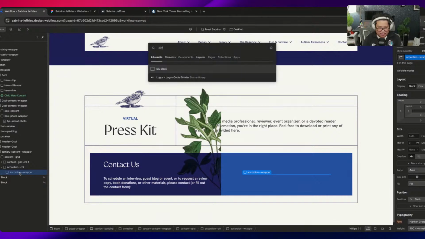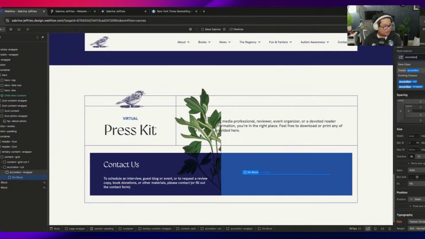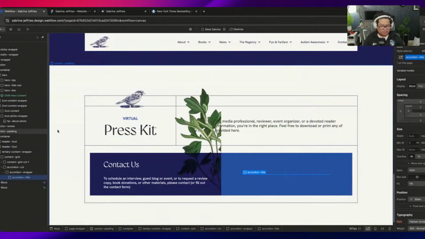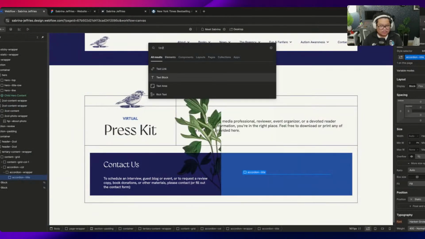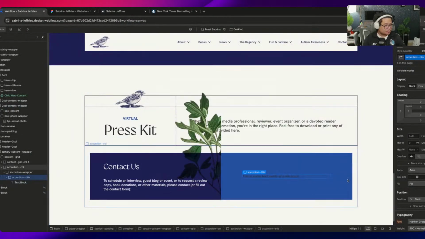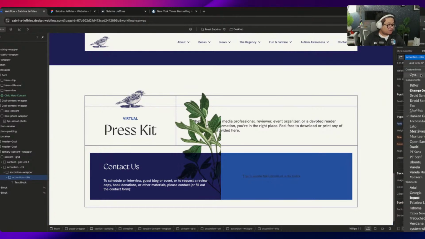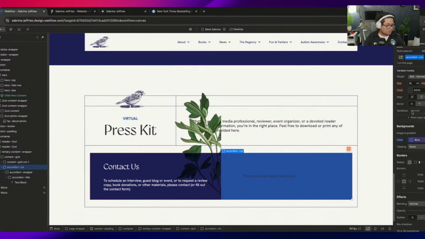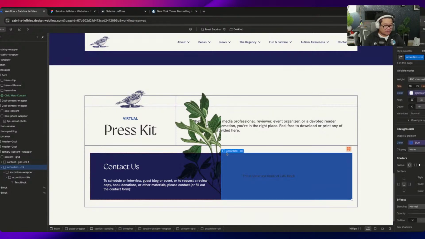Okay, and so in that accordion wrapper, I put an accordion title. And so that's what's going to hold this text here. Text block. Accordion title. Just an accordion column should all be white for the class name or